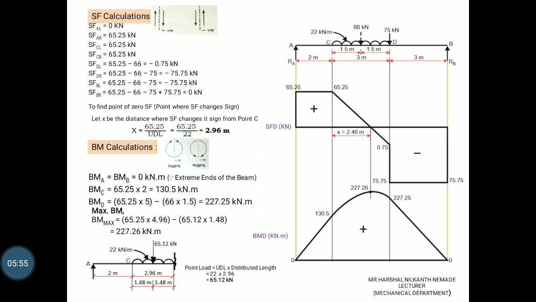BM at D is 65.25 multiplied by 5 minus 66 into 1.5. I will get the value 227.25 kilonewton meter. Now you may see